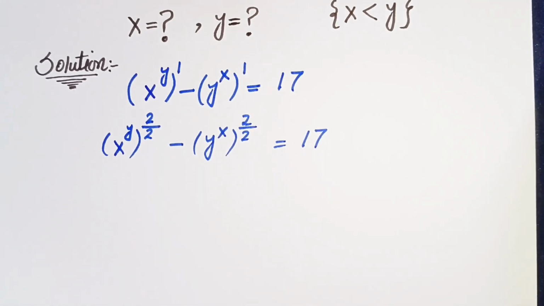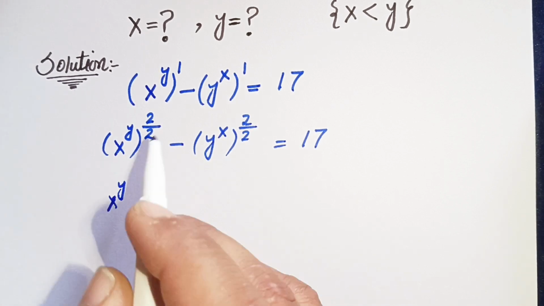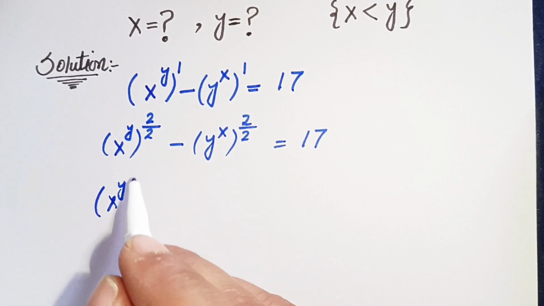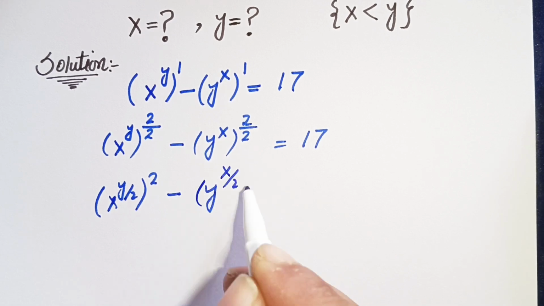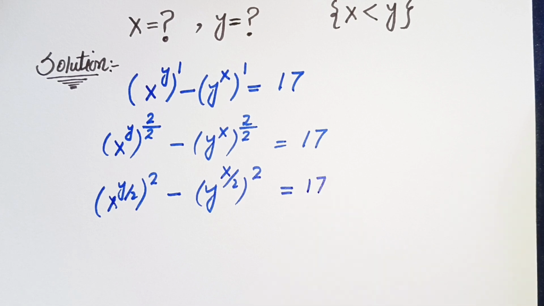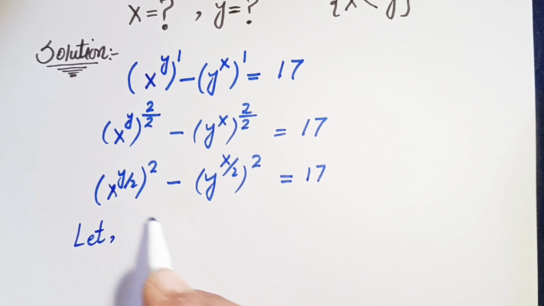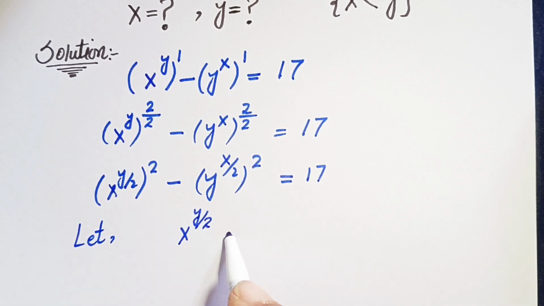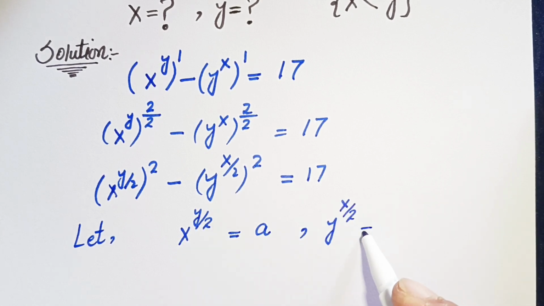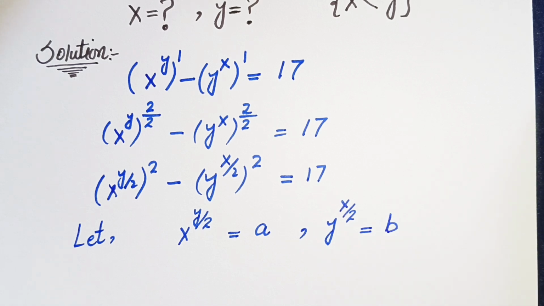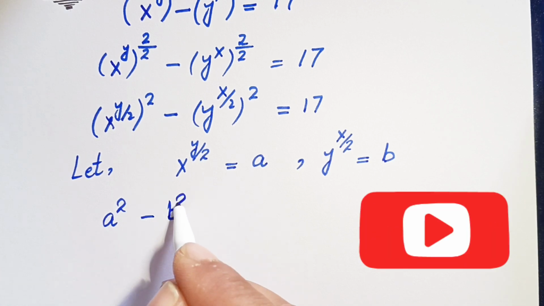So our next step is x raised to the power y over 2, whole square, similarly y to the power x over 2, whole square, which is equal to 17. Now let x to the power y over 2 be equal to a, and y to the power x over 2 be equal to b. Substituting values, we get a squared minus b squared,